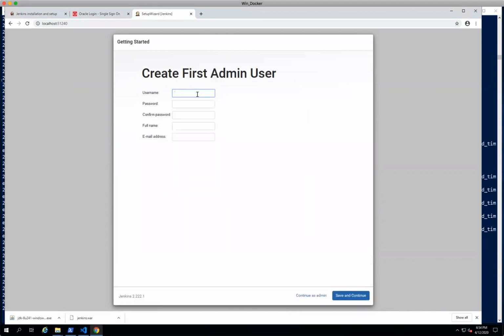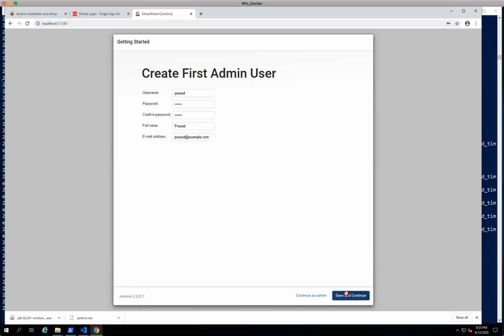Now it is asking to provide the admin credentials, so provide the admin user. I'll use my name. Password is password, and confirm password is entered, and full name is Prasad, and email is prasad@example.com.